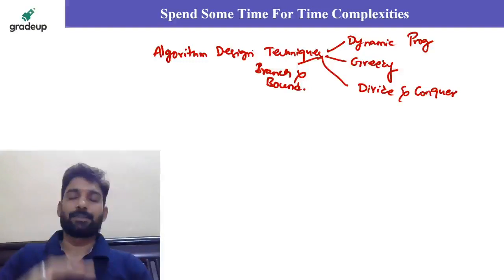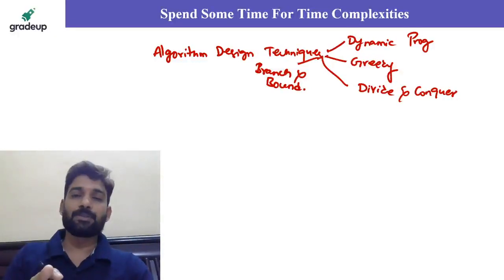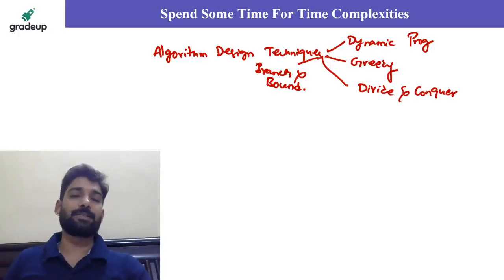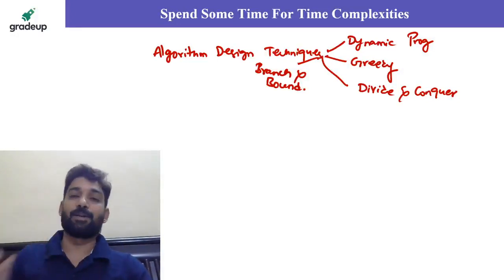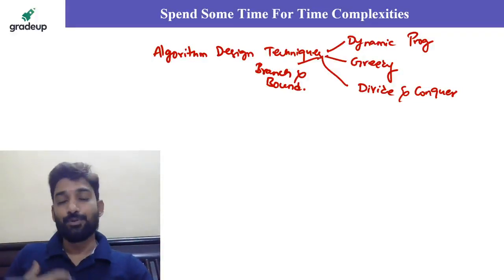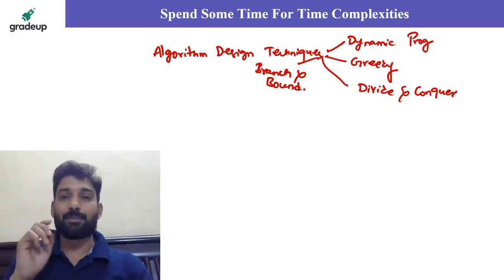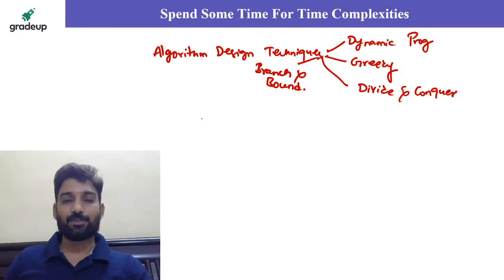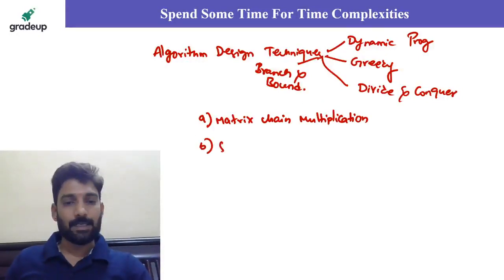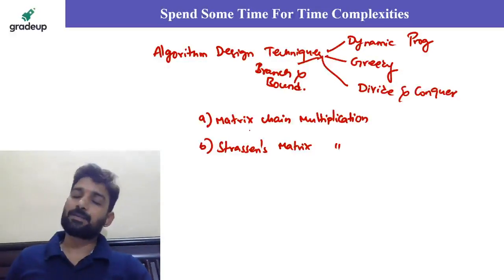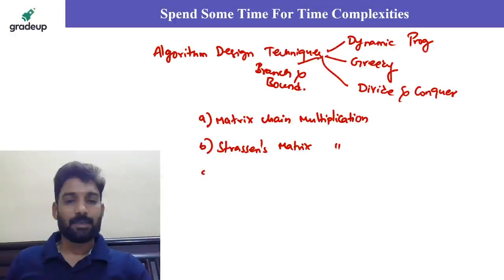Now I will write some important algorithms. Please make a note of those time complexities after you revise. I don't tell them now because it's not spoon feeding. I will only tell what is important now. So when you search for it, when you frame a note on it, you will remember. Okay. So what to note? First of all, matrix chain multiplication. Which technique does it belong to and what is the time complexity? Okay. Then Strassen's matrix multiplication. What technique is this? What is the time complexity? Then